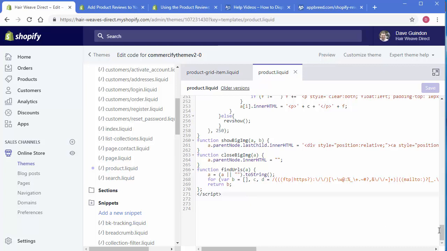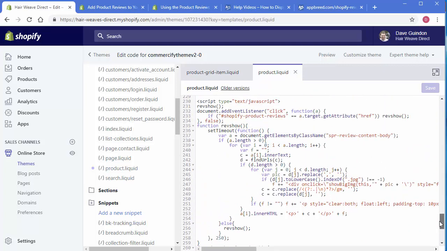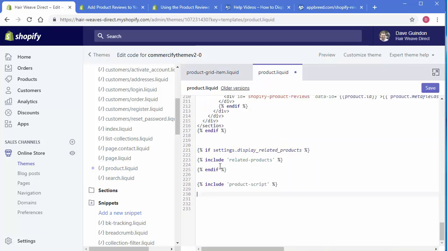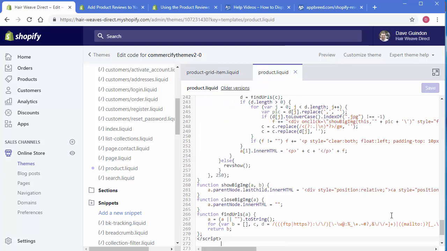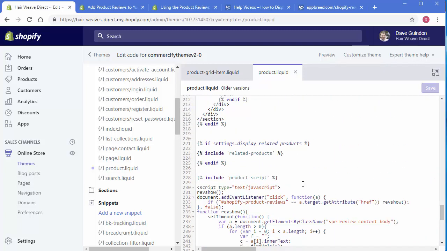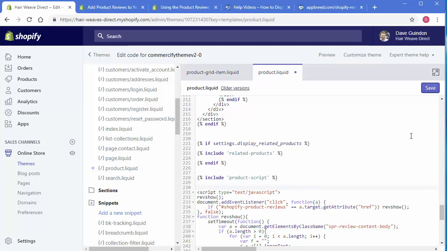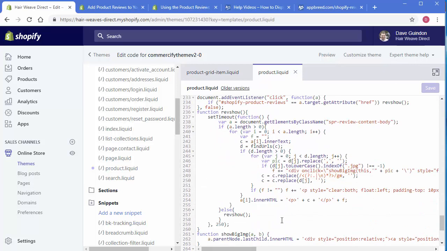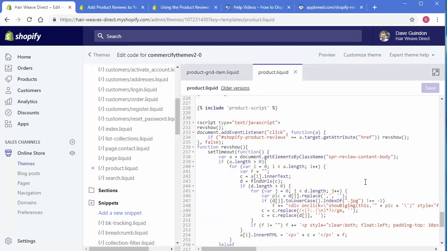Now I've already done it on my page, you can see here. So let's pretend that it's not here, for example. This is what it's going to look like for my particular theme. Just right click and select paste, and now click save, and everything will be saved in here like so. Now that script is in here and it's going to handle the images that will be imported into the reviews. So everything's done here.